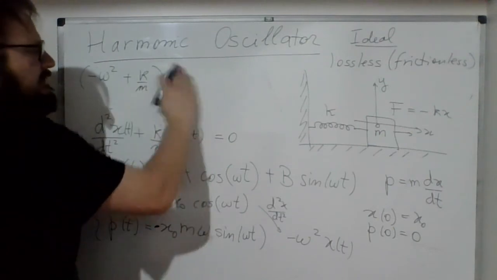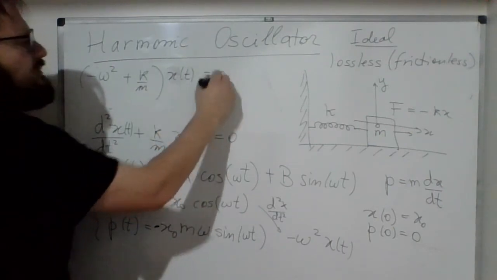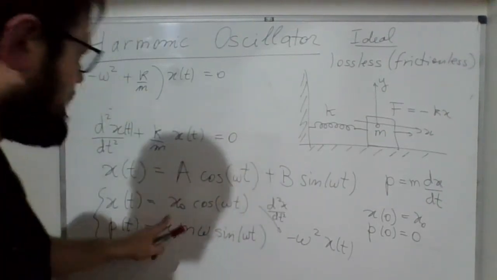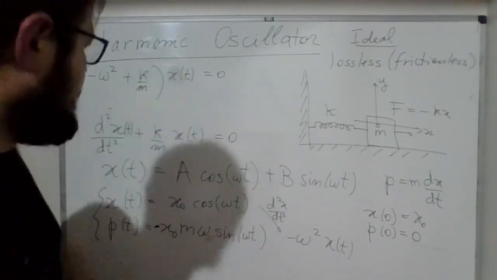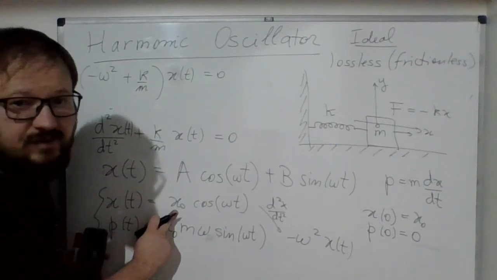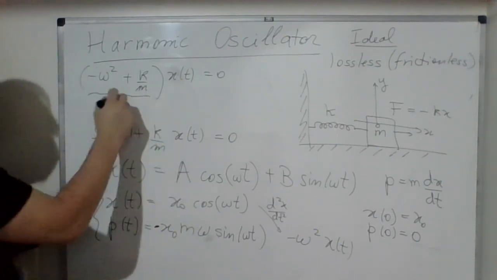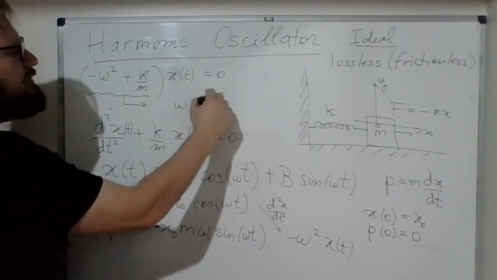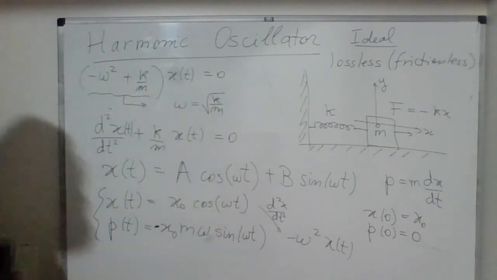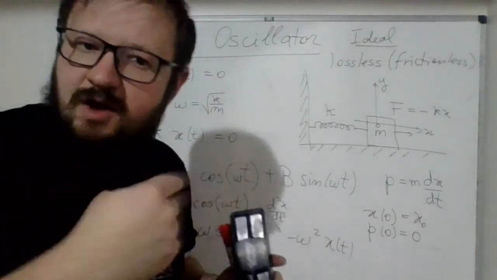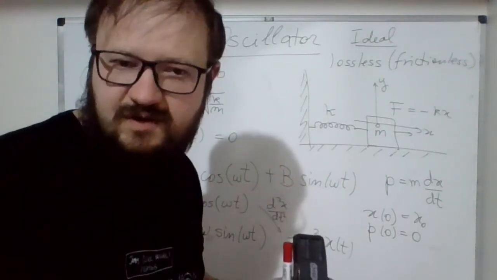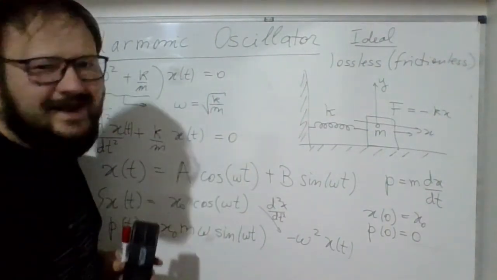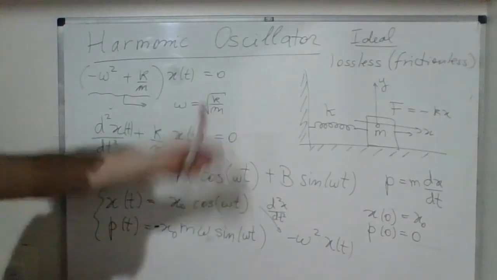x as a function of time t equals 0. There are two solutions: equilibrium, which means x of t is equal to 0 and the initial condition must be 0, or if x naught is distinct from 0, you'll need to have this thing here equal to 0, and this corresponds to omega equals the square root of k over m. All right, so the oscillating frequency, called the natural frequency of the oscillator, depends on the spring constant and the mass of the particle,